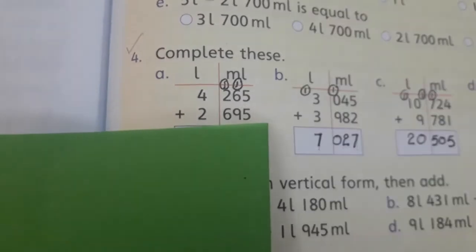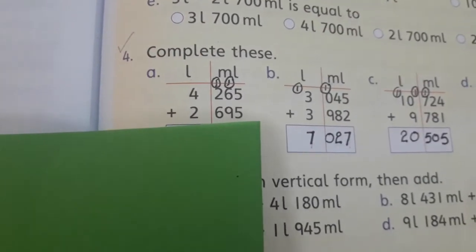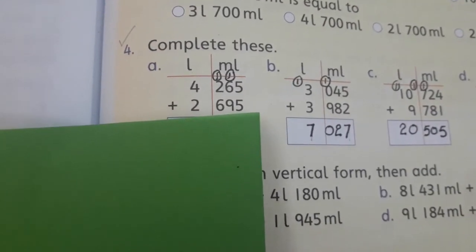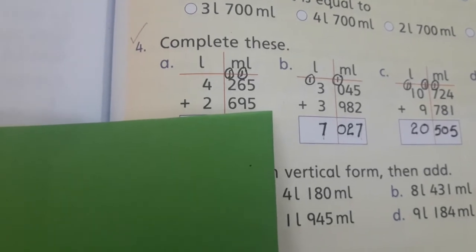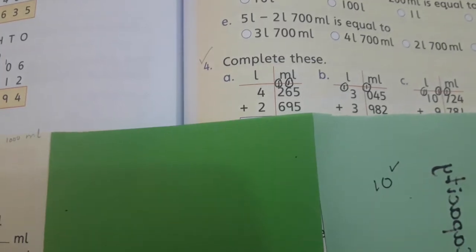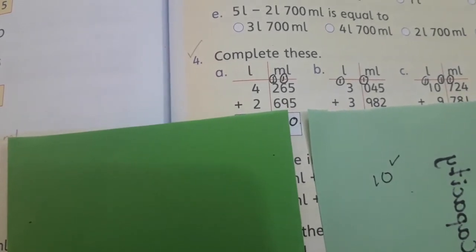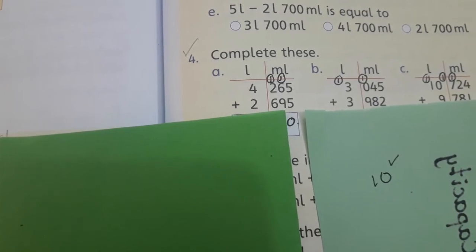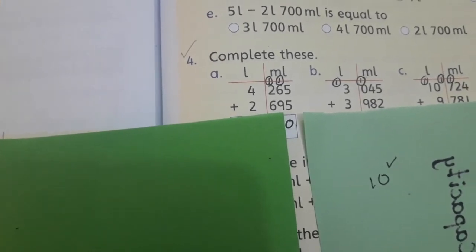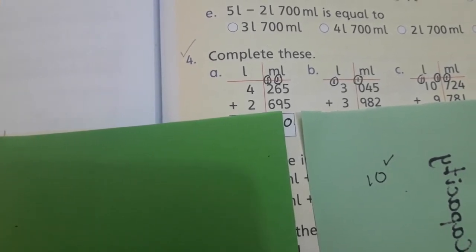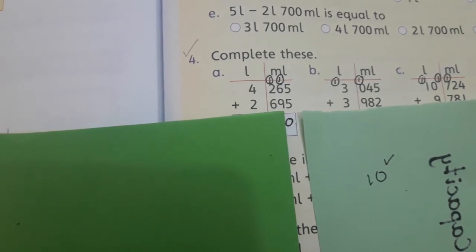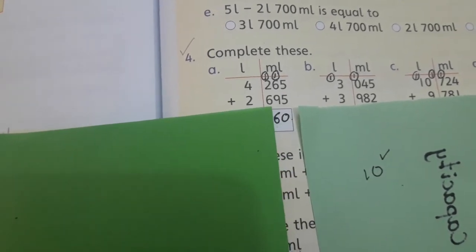These are simple addition questions, so we will start from our right side. 5 and 5 is equal to 10. So as I told you, we will choose the right digit. So we will choose 0 because 0 is on the right side. So 0 will come here, and 9 and 6 is 15, and 1 carry over there, and it will become 16. So again we will write 6 over here, and we will carry 1 over to the next number.